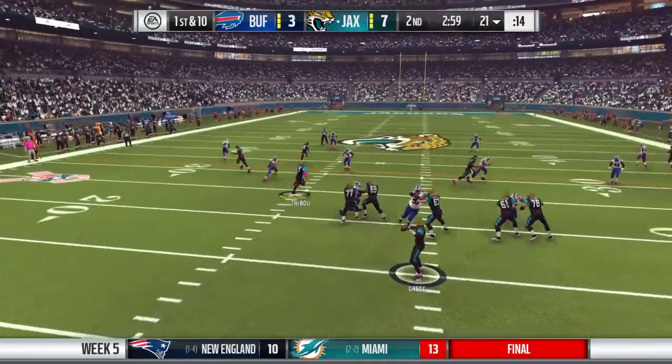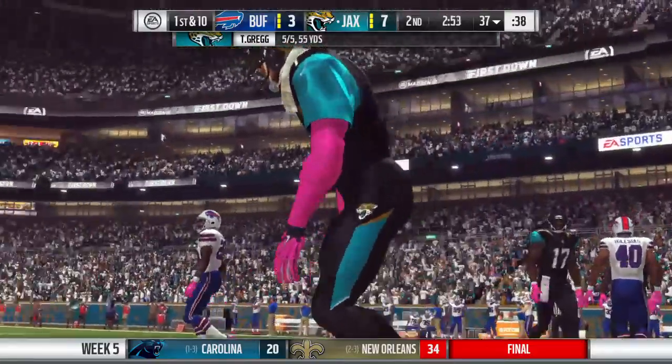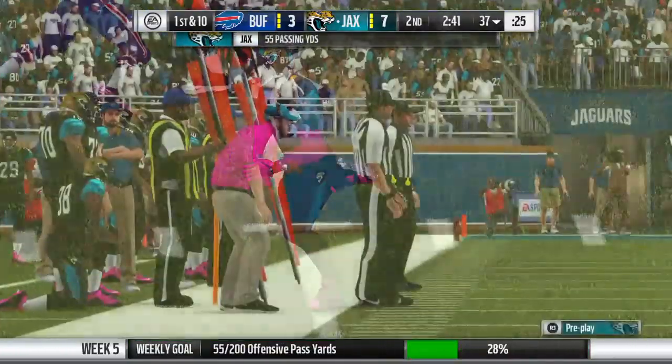Back to throw now on first down. Now he'll dump it underneath to his running back, complete. And they're able to get this one across the 35. Good route, good pickup for first down yardage, and that is a tough one to cover, the angle route, because